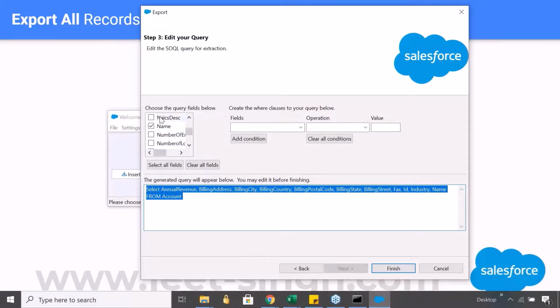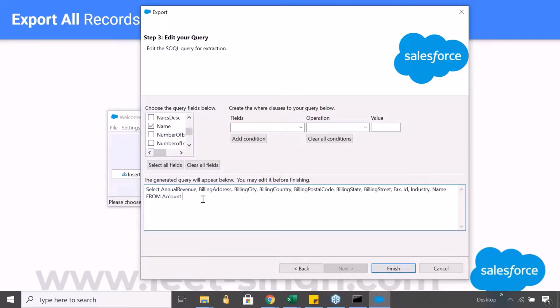So through the user interface you can check the fields you want exported, or you simply type something here, or if you already have a query ready, just bring that query and paste it here. That's it. So this will take care of your fields.